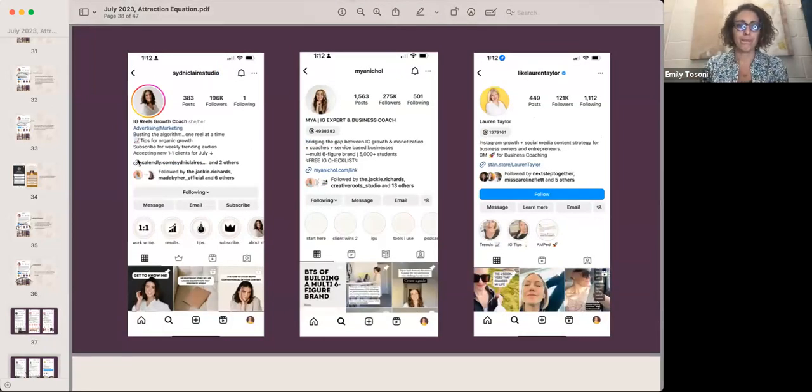Again, there's a call to action. Sydney also is using the Instagram option to list multiple links. Call to action, free Instagram checklist, DM for business coaching. Now, I will say I don't recommend this be your call to action, DM me for business coaching, unless you have a huge, very engaged following.